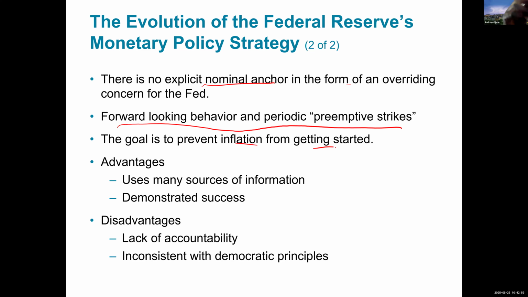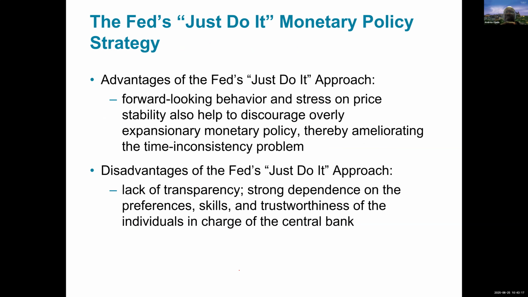The advantages of Federal Reserve monetary policy are that it uses many sources of information and it has demonstrated success. The disadvantage is that people who don't like the Fed are going to say there's a lack of accountability. We don't know what the Fed is doing, and they believe that this might be inconsistent with our democratic principles. The Fed's just-do-it approach is what they call discretion. The Fed's forward-looking behavior and stress on price stability also help to discourage overly expansionary monetary policy,